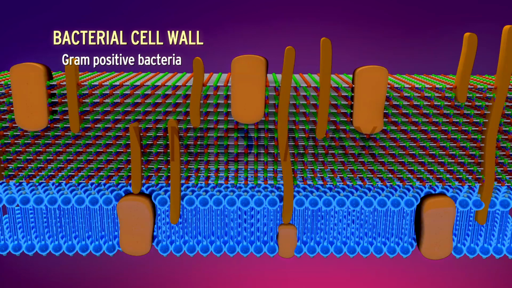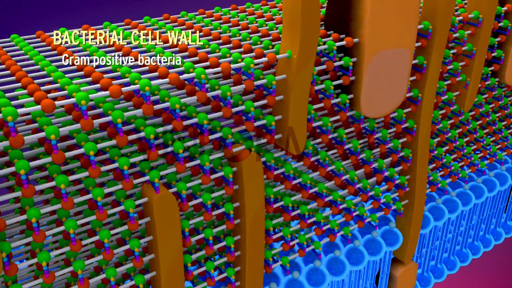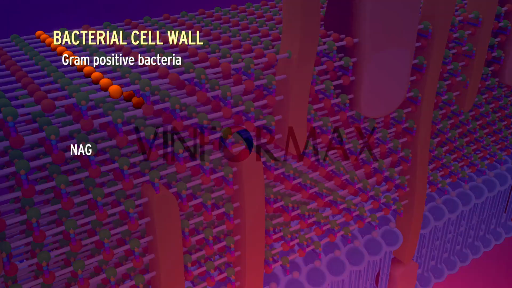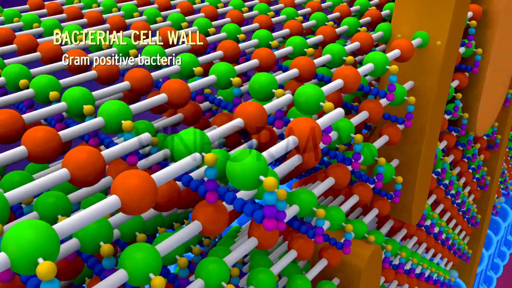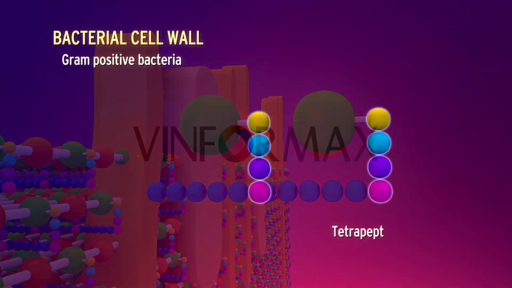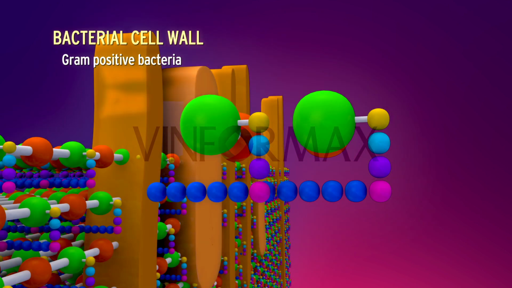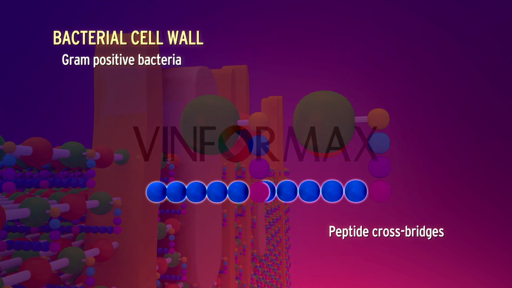This complex polymer consists of three parts: a backbone consisting of alternating units of NAG, that is, N-acetylglucosamine, and NAM, that is, N-acetylmuramic acid. A tetrapeptide side chain attached to NAM, and peptide cross bridges, which are short chains of amino acids